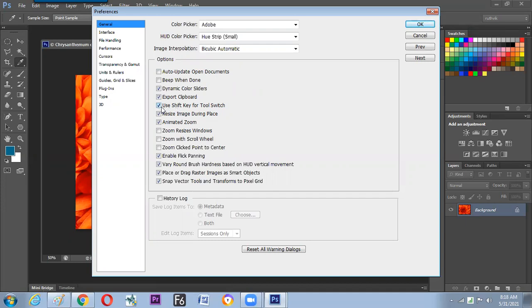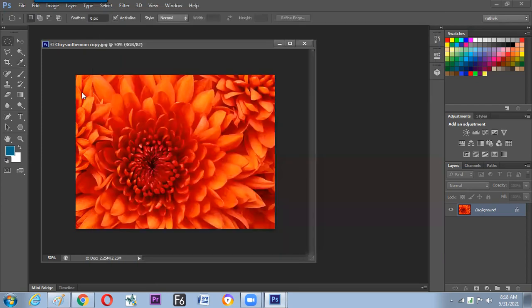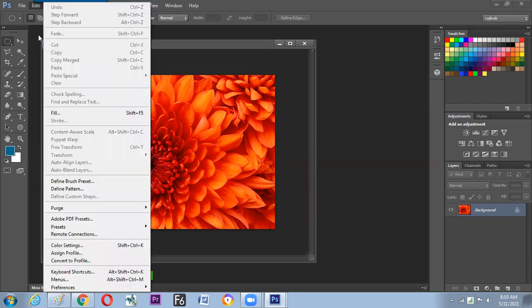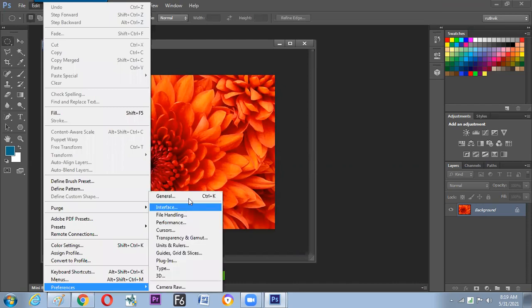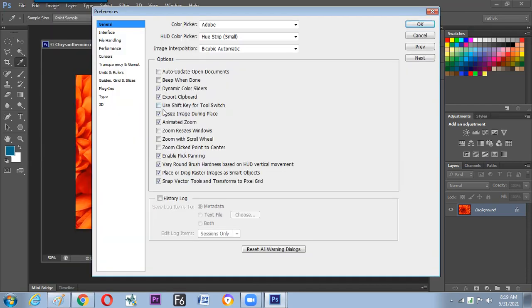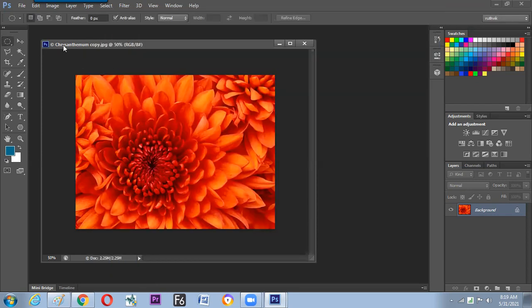It is on by default. If we turn it off, then what will happen? If you hit M, then it will automatically switch; only that button, if you hit it, can make you switch. So we have understood now how to customize the shortcut also inside Edit, Preferences, General. By default, shift is there. We can turn it off also. Very nice question. So hope you got the answer. Yes, sir. Now we'll move to the next part.